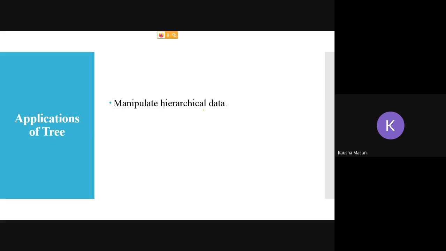You have your C drive, D drive, F drive. Inside that you have folders like gaming, education, entertainment. Again in entertainment you have other folders: movies, songs, short videos, TikTok videos. So again, that is manipulating hierarchical data.